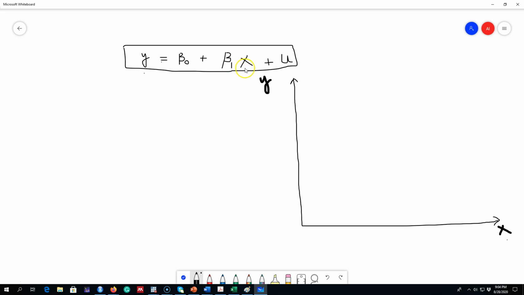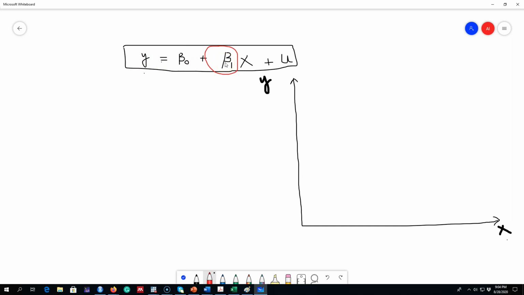So essentially the question is, what is the relationship between x and y? And what we hope to achieve is whether this x variable is causing this variable y. And I gave you an example of wage and education in the previous video. So these are the two parameters that we are interested in. This beta 1 parameter, it will show us the impact of x on y.